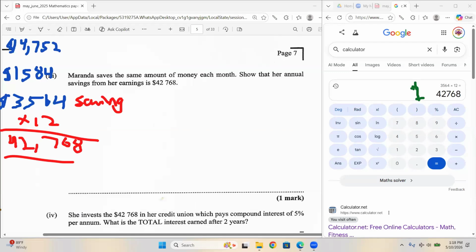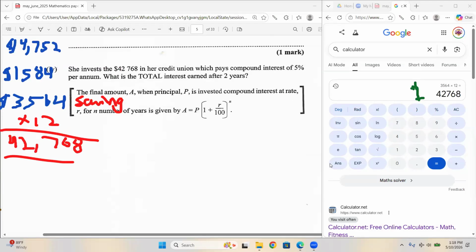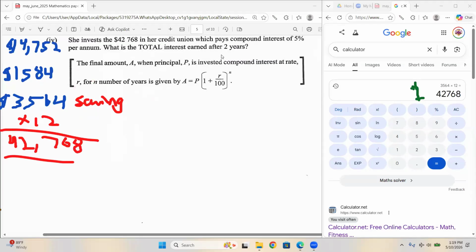All right, moving on again. The next part here says she invests the 42,768 in her credit union, which pays compound interest of 5% per annum. What is the total interest earned after 2 years? Okay, it said what